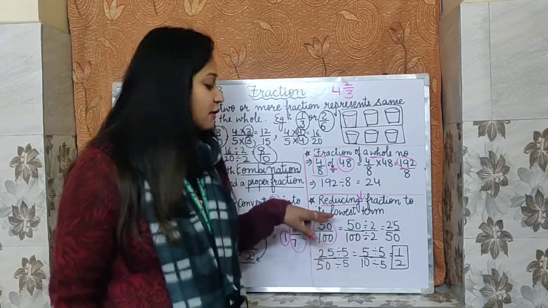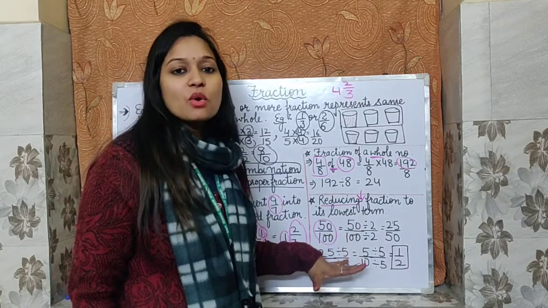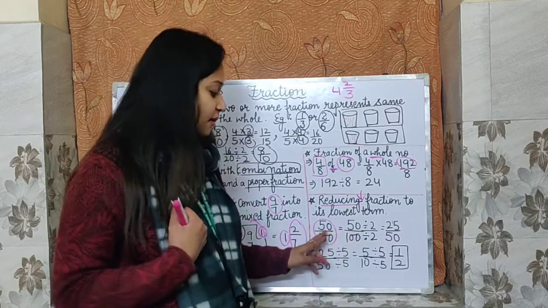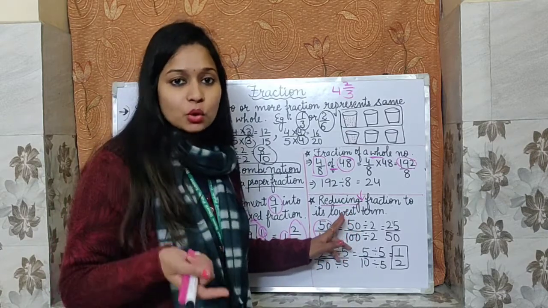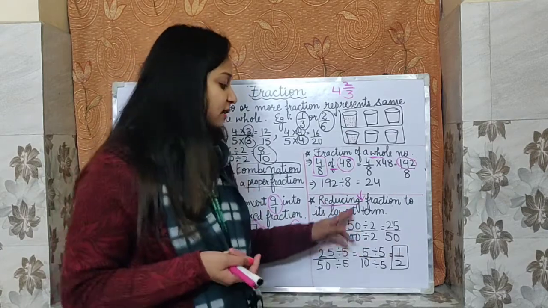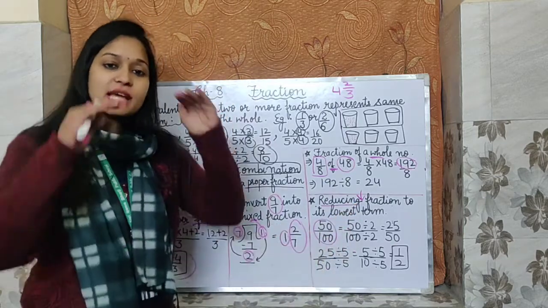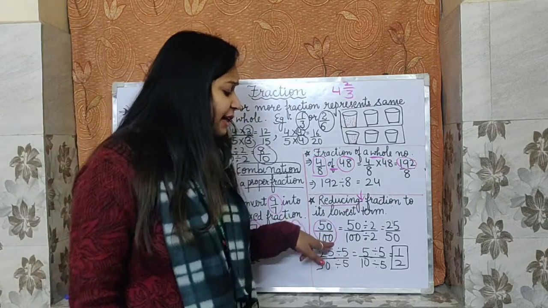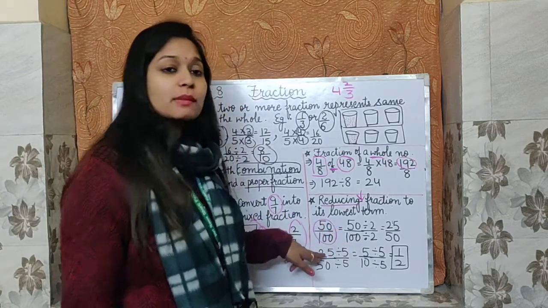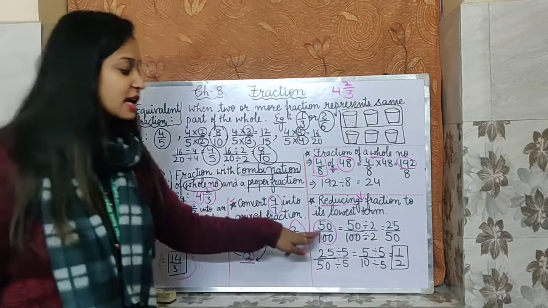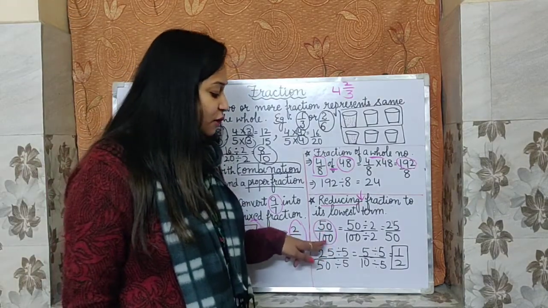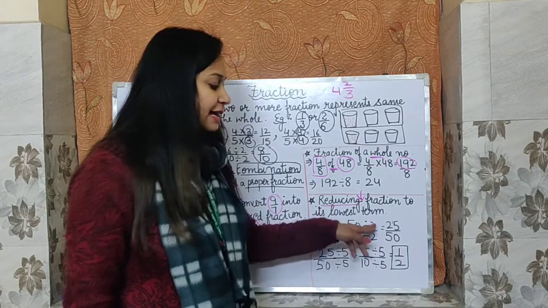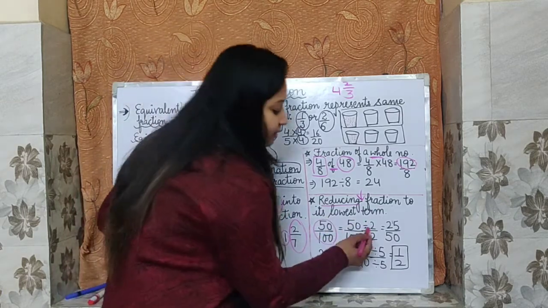For reducing in lowest term, I have to always divide. Because अगर मैं multiply करूंगी तो it will become the highest term. Multiply करने से answer will come more and वो इसकी next term बन जाएगी. That's why for lowest term, I always have to decrease. I always have to divide. So I divide them with the number जिसके table में ये दोनों number आ रहे हैं. Like I have done here, same I have to do here. In table of 50 and 100, because they both are even numbers, can come in two table. So I will divide with 2.